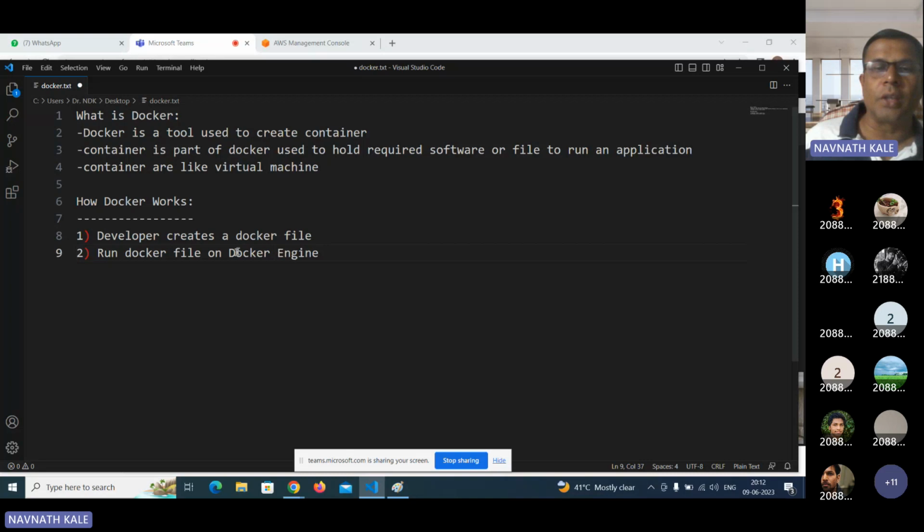Actually, your Docker is not creating a container. Inside Docker, we have Docker engine, one of the important components of Docker. This Docker engine is responsible for creating a container. But to create a container, Docker engine needs this Docker file. So we are running this Docker file on Docker engine, and then after running, it creates